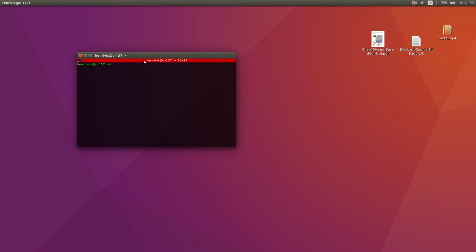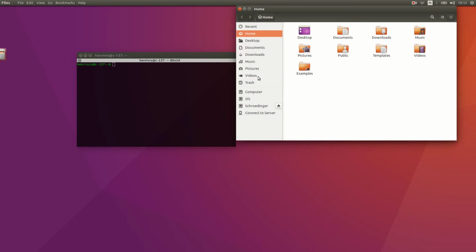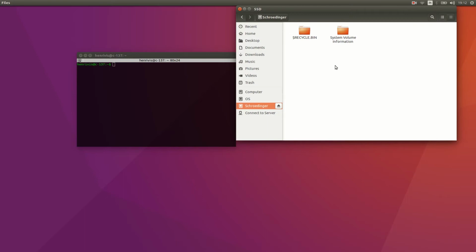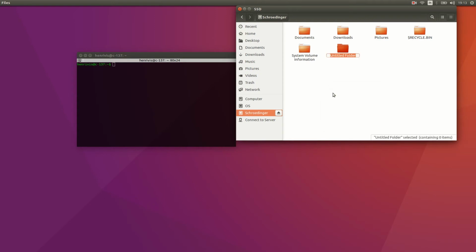Okay, so now what we have to do is create the folders that we want to share. For example, I want to share documents, downloads, pictures, music, and videos. Okay,